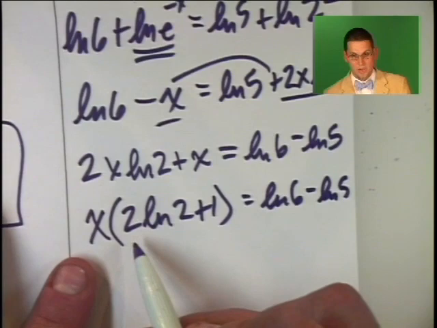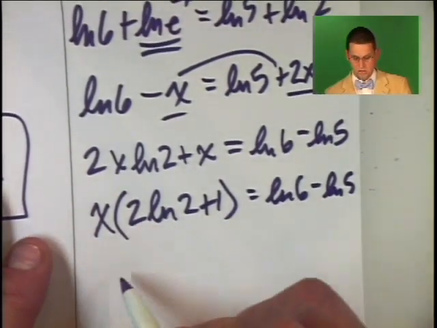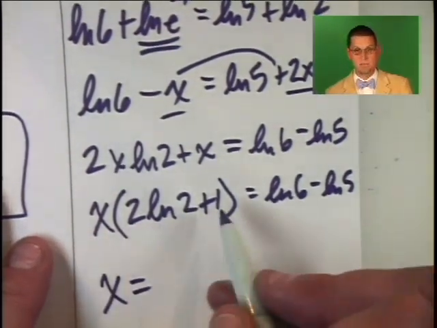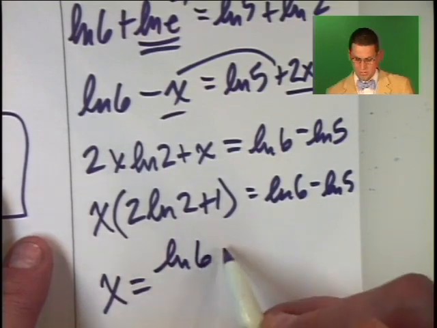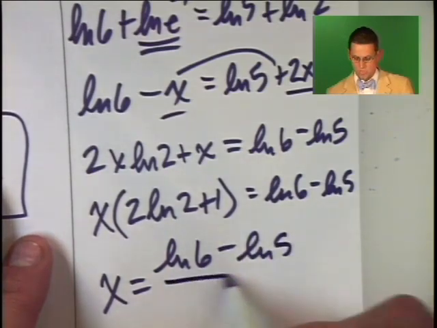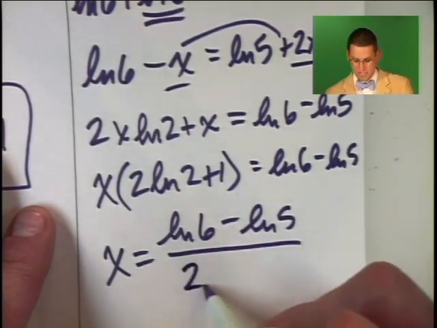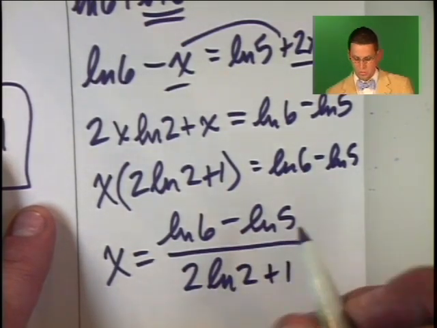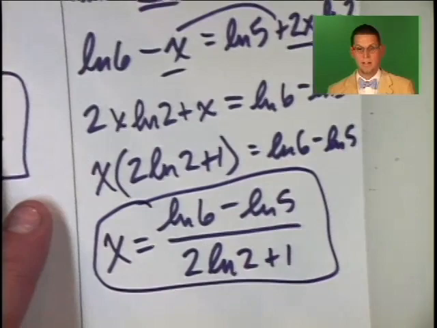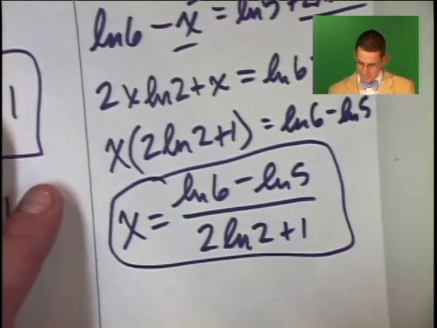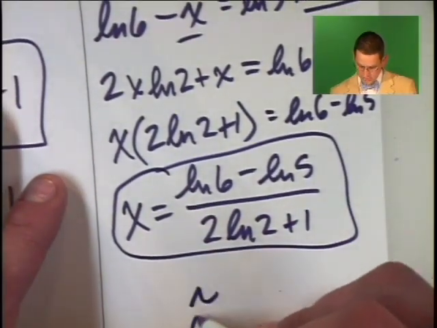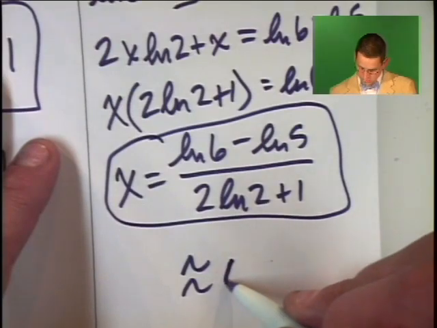I'm rounding the corner. Now I have x times this number, so I have to divide both sides by that number. And my final answer here is the natural log of 6 minus the natural log of 5, sorry, divided by 2 natural log of 2 plus 1. And believe it or not, that is a simplified exact answer. And when you plug that into your calculator, you'll get approximately